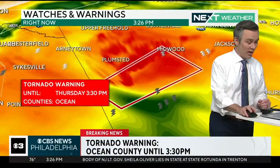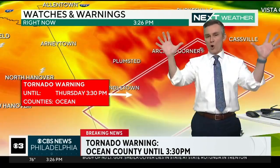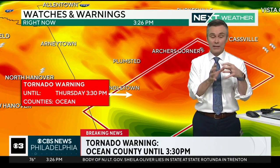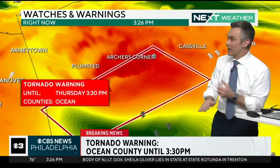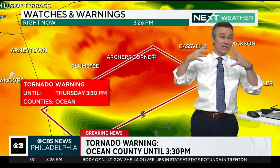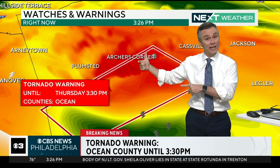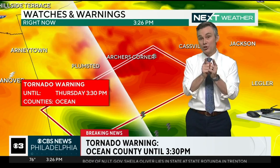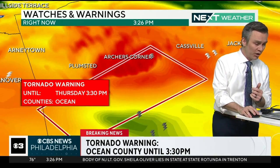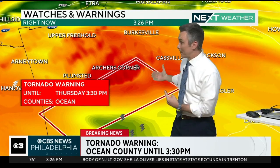So let's go ahead and get a fresh look here. And the good news, I will say, for the overall area, is that it is a very compact zone, a polygon it's called. The National Weather Service has a very tight area where we have this tornado warning. This is not a huge, widespread region across the city of Philadelphia, for example, and I bring that up in terms of populated areas. Not a ton of population here. So I am talking specifically to you folks that live here in this box, in this area. There's Arches Corner, Cassville, Jackson, or any of you that have friends and family in this area,